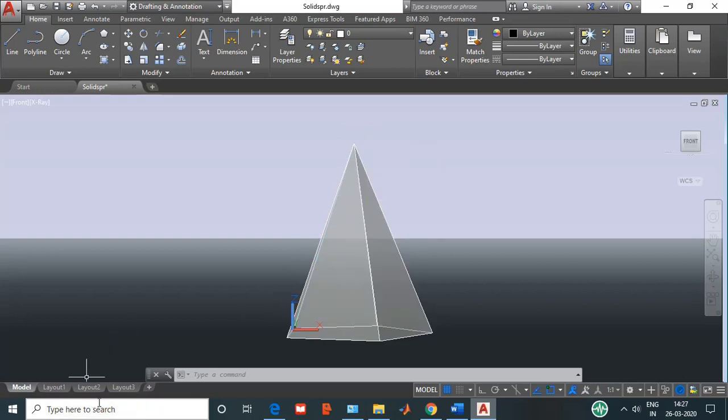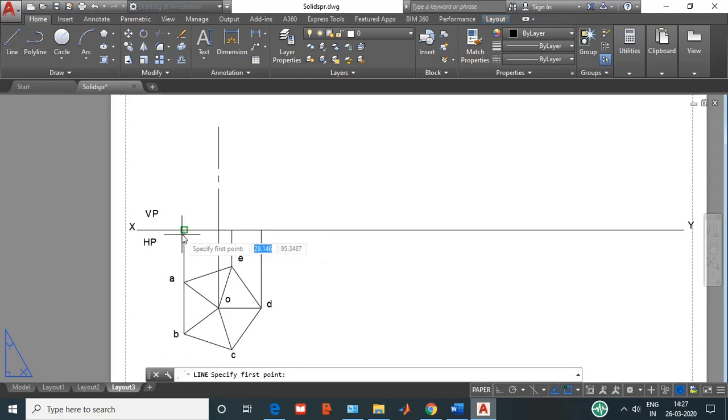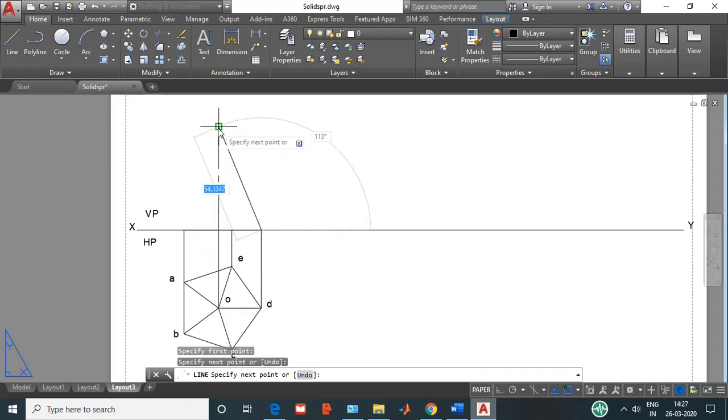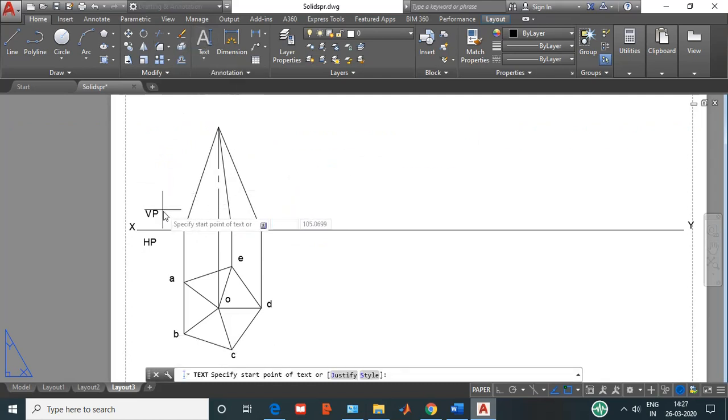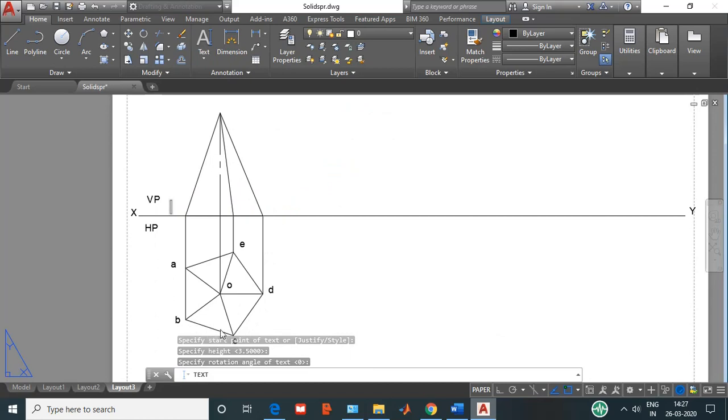So the same front view I have to do here also. I'll take the line command, first draw the base, this is the base, and join it to the apex, and join this side also to the apex. So this becomes your front view. So quickly name that. Single line text. The observer is looking from here, so you can see only B, C and D, whereas A and D will be hidden. So I'll name them now.